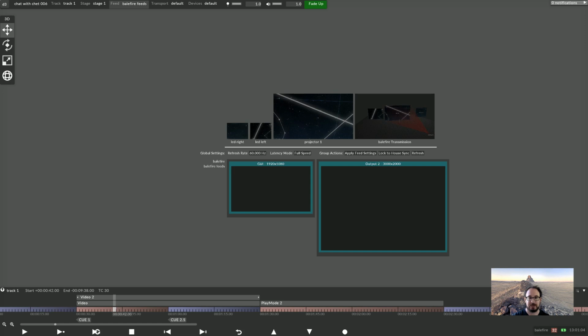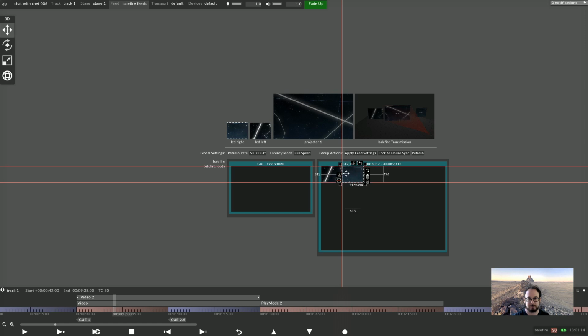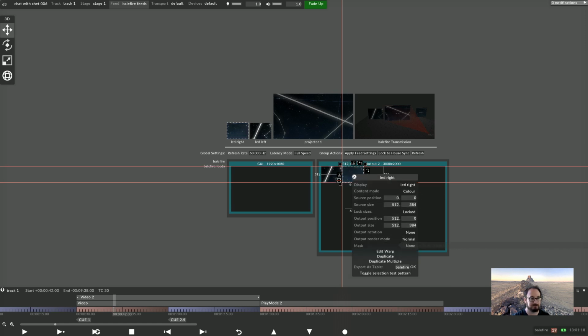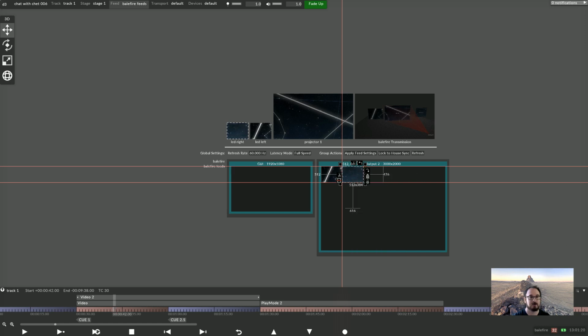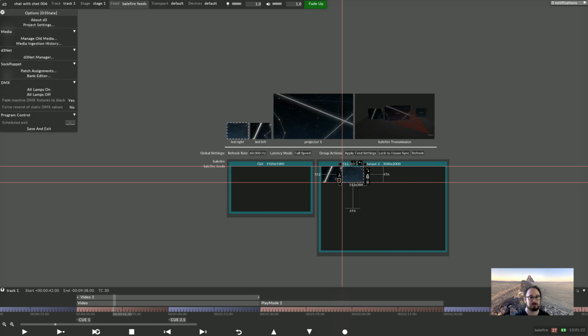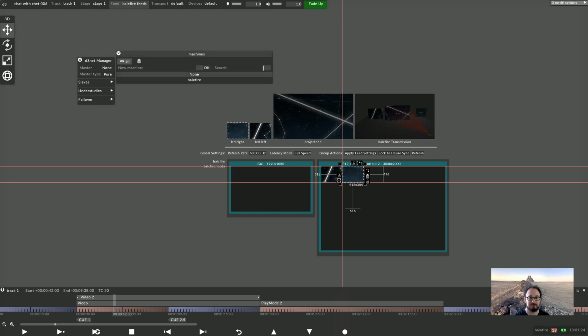And it's simply a matter of left click and dragging with the Alt arrow key held down, and we can move these onto the outputs. I only have my computer I'm looking at right now. If I was to build up a full D3net session, which we can do in D3net manager, I can make a fake show. I'll make myself master and add in